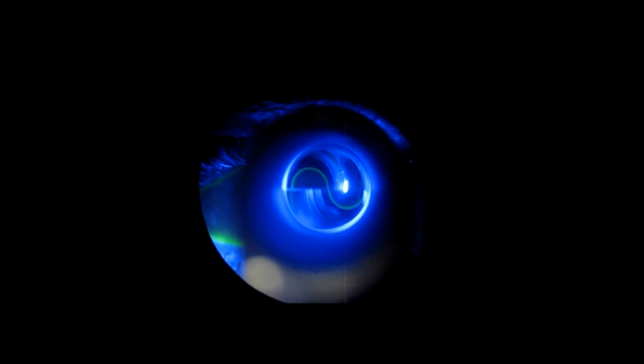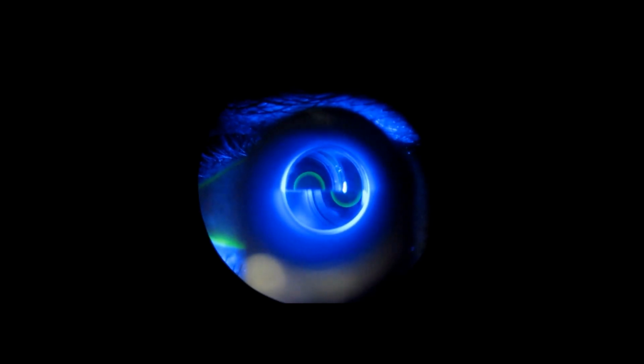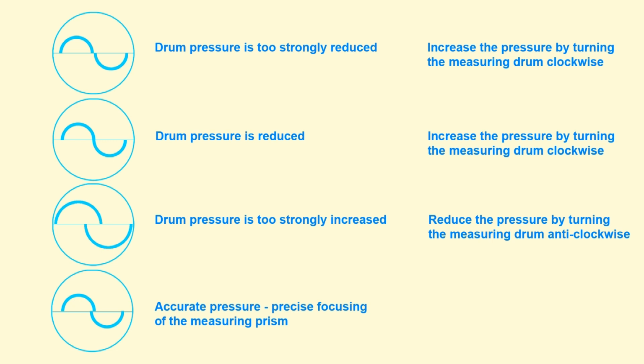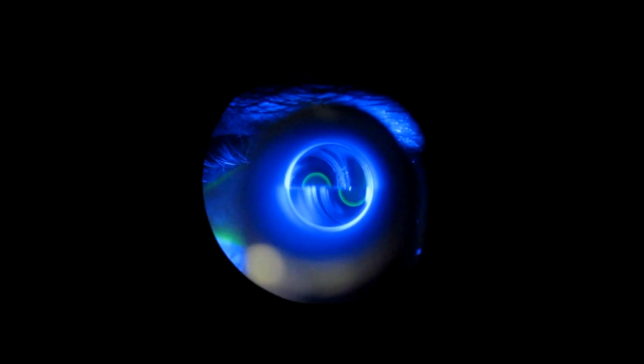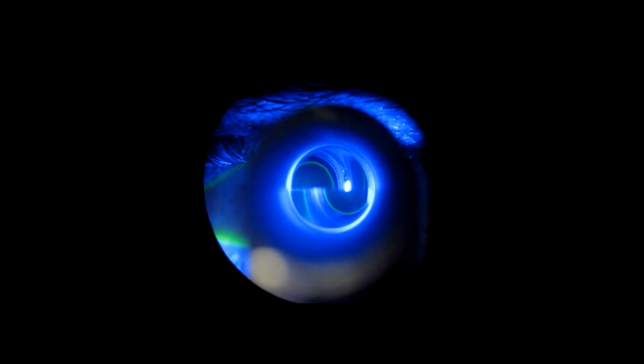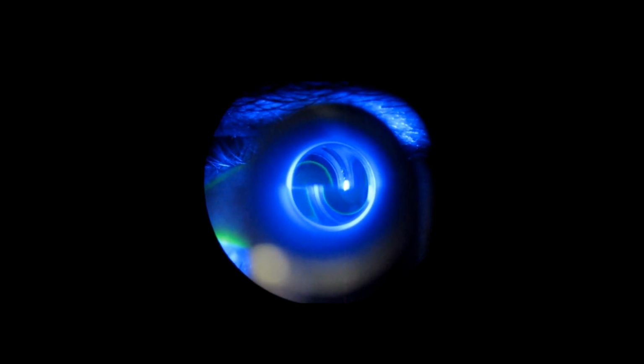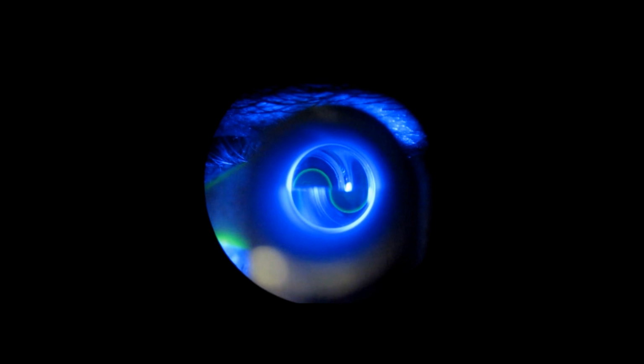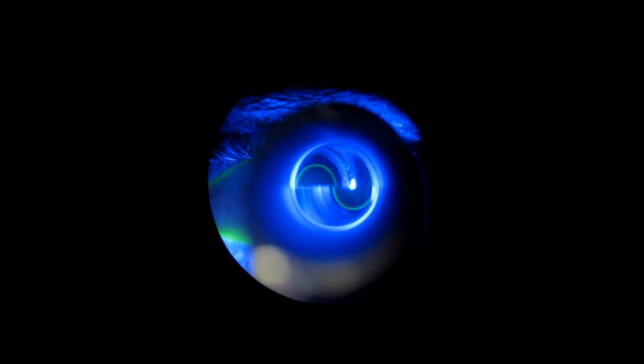Inaccurate vertical alignment can give rise to false IOP values. This part of video shows inaccurate vertical alignment which is being corrected. Inaccurate horizontal alignment means that IOP which is being recorded is different from actual intraocular pressure in the eye. Small semicircles away from each other suggest IOP is higher than shown by the drum position, and large overlapping semicircles suggest drum reading is higher than actual intraocular pressure. When accurate IOP reading on drum is reached, the rings are exact semicircles of equal size, vertically well aligned and horizontally interlocked at internal edges.